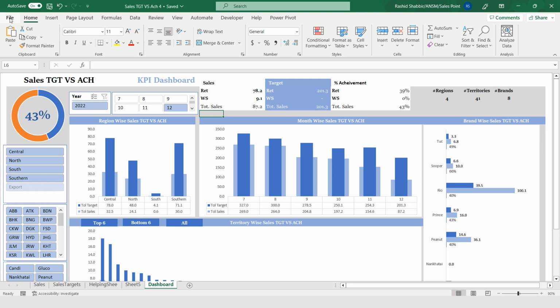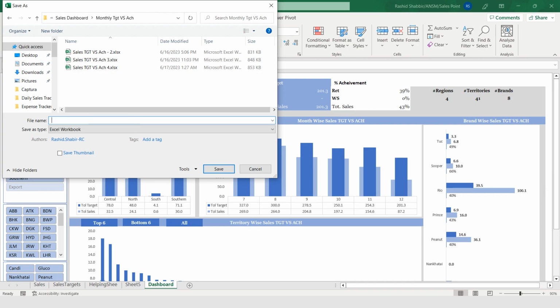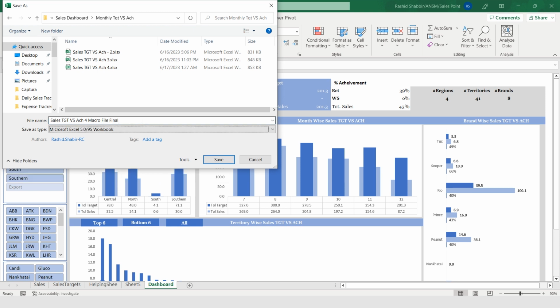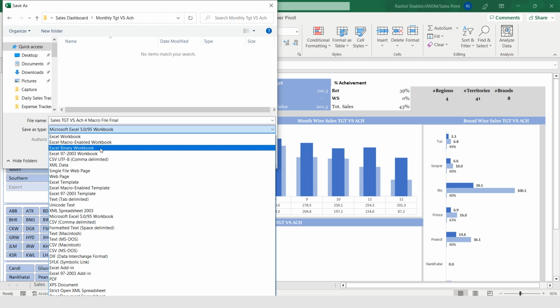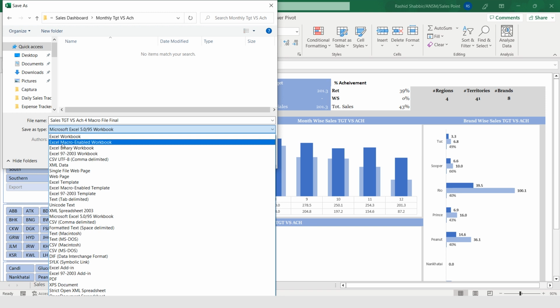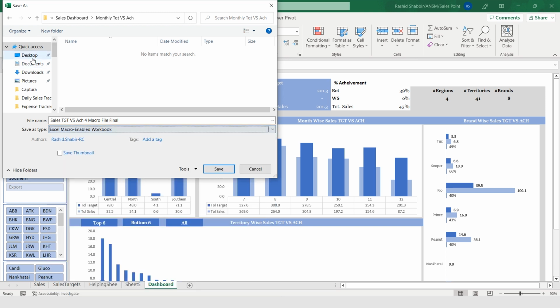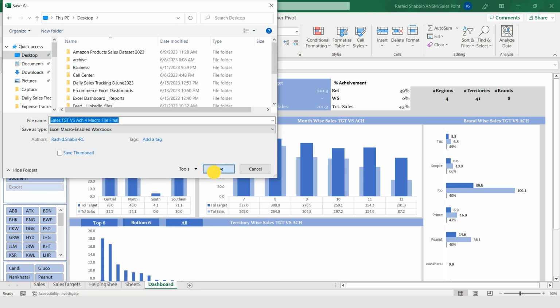First of all, you have to save your file as file final macro. Here you have to choose this option, Excel macro enabled workbook, desktop, save this file.